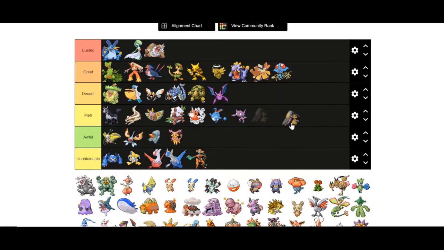I'm going to put Mawile in the meh category as well. It doesn't get any stab moves. Its physical attack is not good enough to where you wouldn't need stab moves, like you could argue for Gyarados. It has a good typing. Obviously, Steel type is always good, but